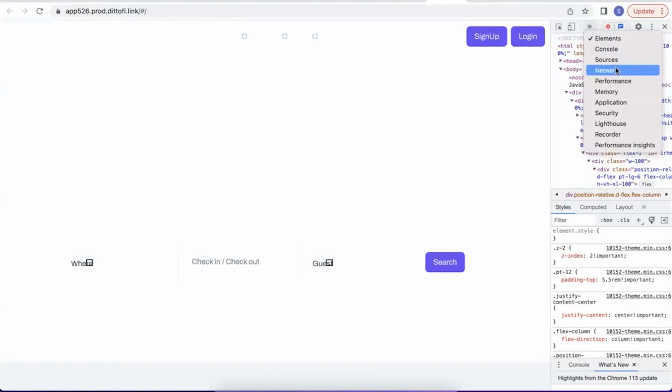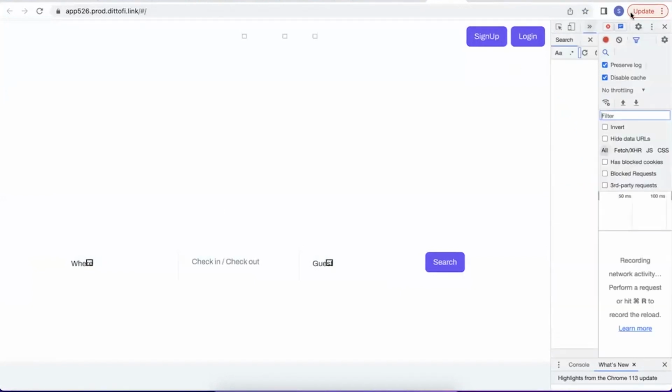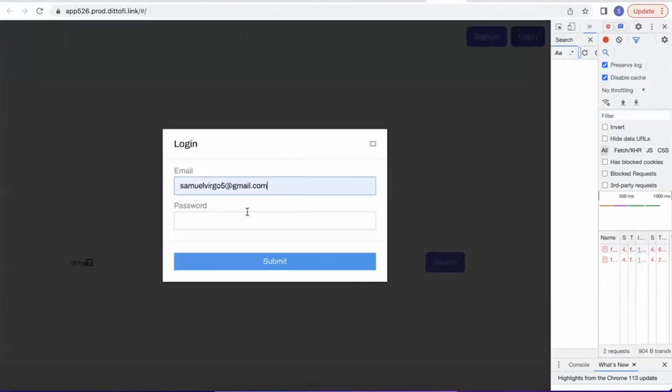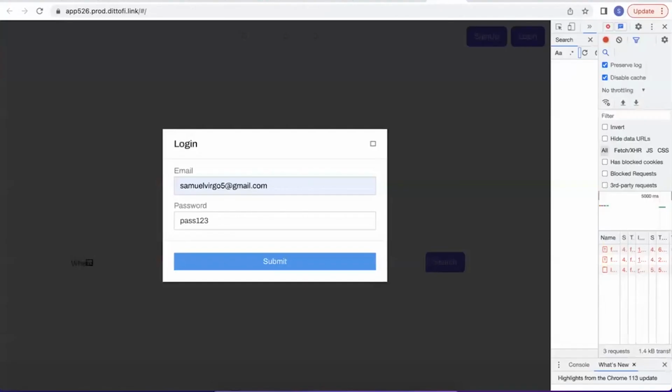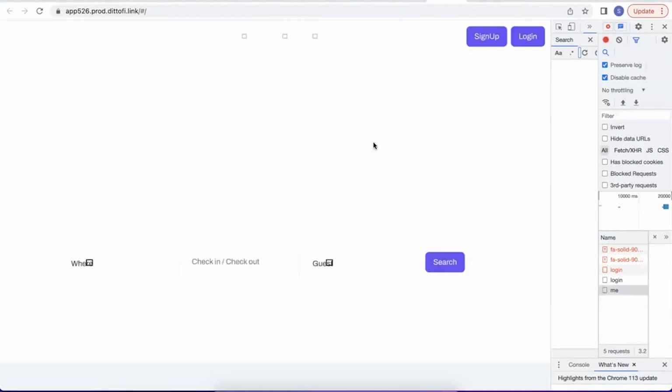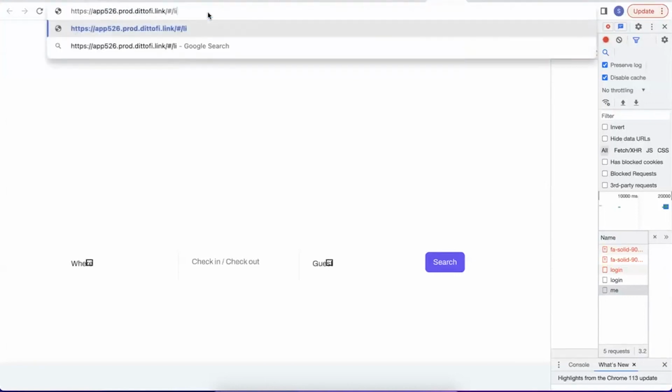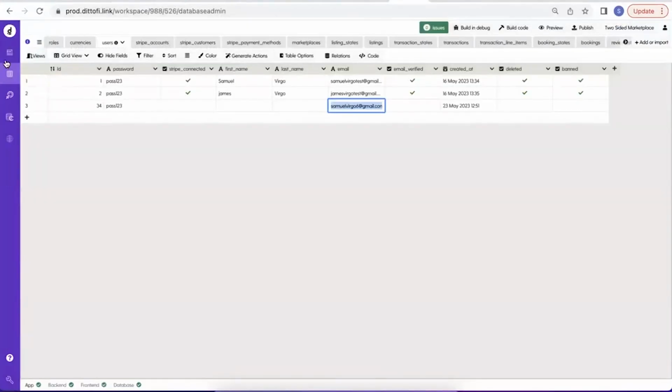And let's see if I come here and inspect my network requests. I can see if I try and actually log in if anything happens here. Which it does, but I've forgotten what my details were for my user. Yeah, that'd be this one here. I'm guessing I did pass 1, 2, 3. Yeah, so that logs me in successfully. I can see down here, and then it's reloading my current logged in user. Only way I can really see that visually on the front end at the moment, I guess, is if I was to go to my